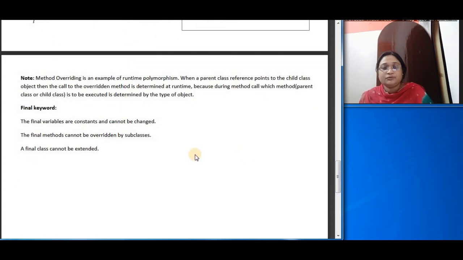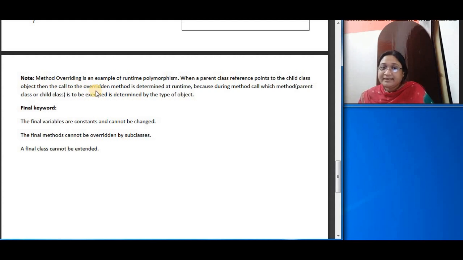Then there is a small note for you all, that what is this method overriding? This method overriding is an example of runtime polymorphism. We have read about polymorphism. We know polymorphism is taking more than one form. We have done function overloading also. In function overloading, we have done that it is one kind of polymorphism.